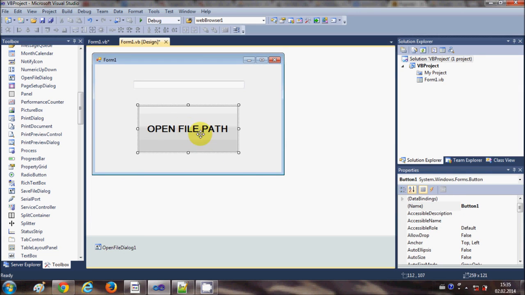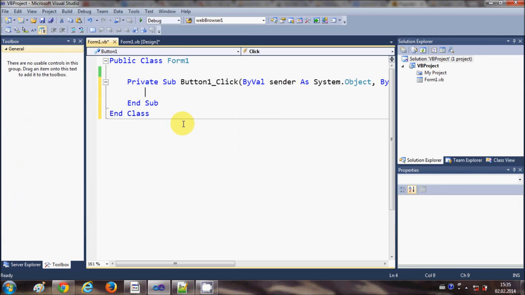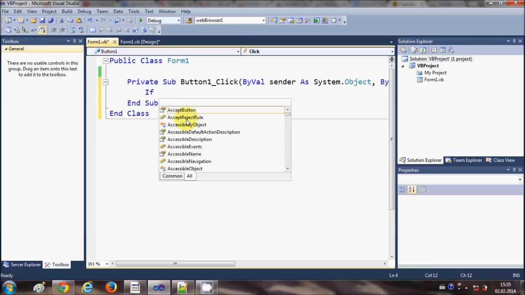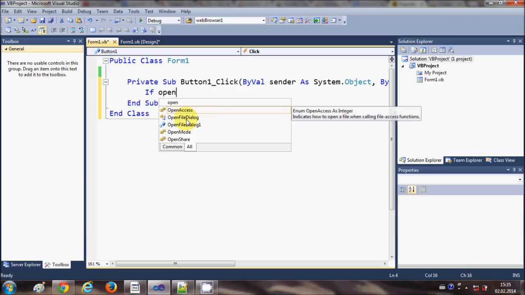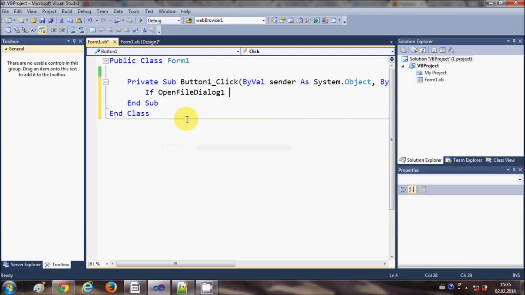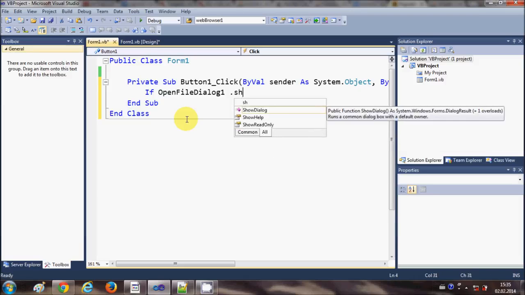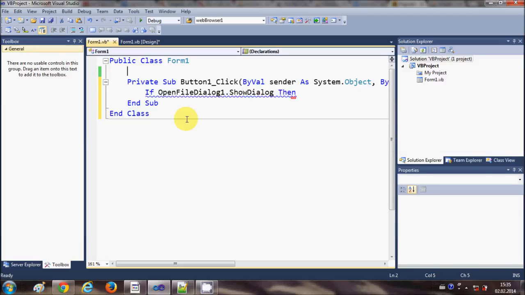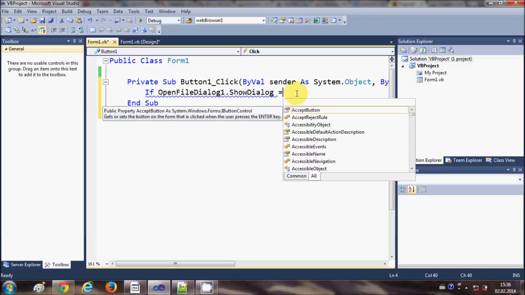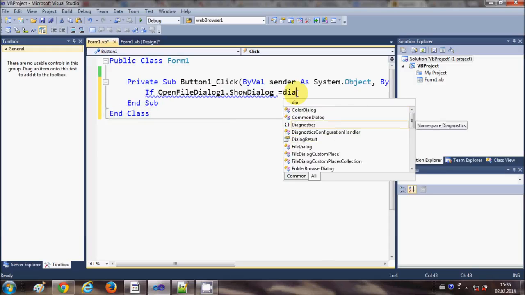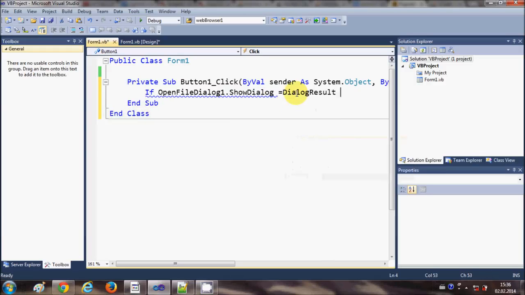Okay, now I will select my button and double click it, and here I will write a condition. So I will write if OpenFileDialog.ShowDialog, and it has automatically created Then, but I don't want Then, is equal to DialogResult.OK,